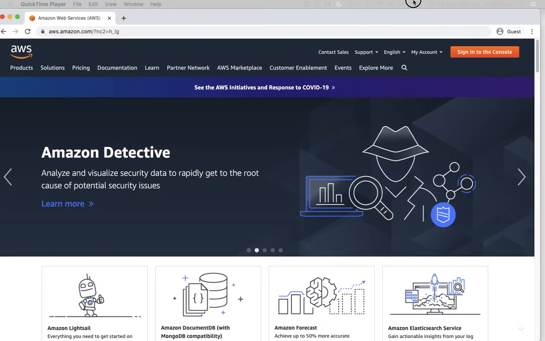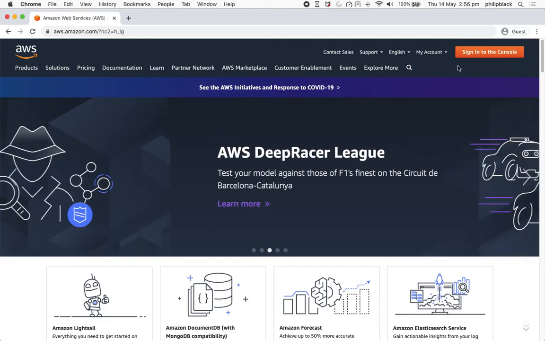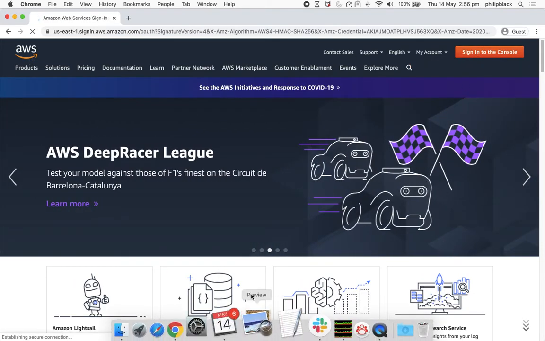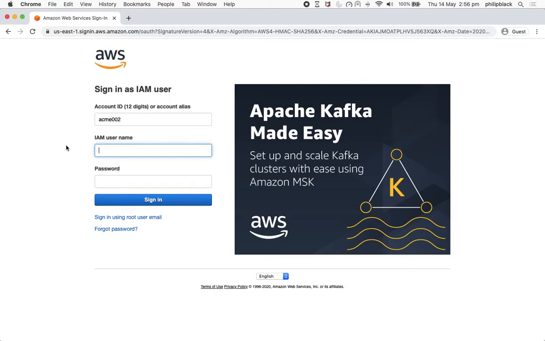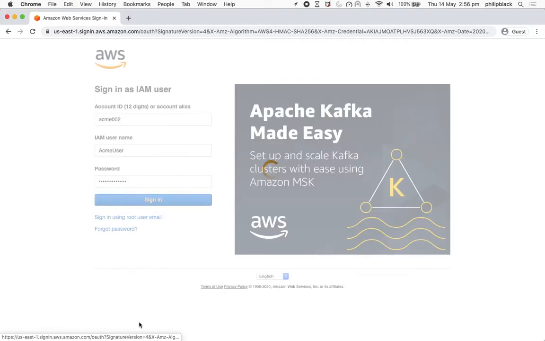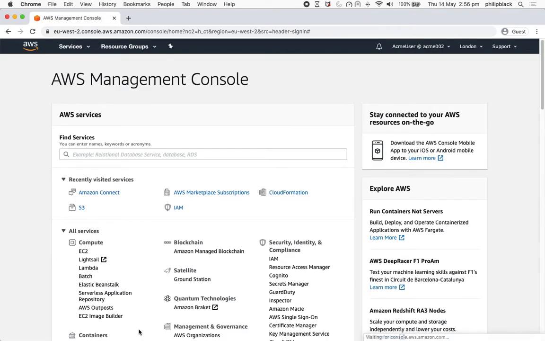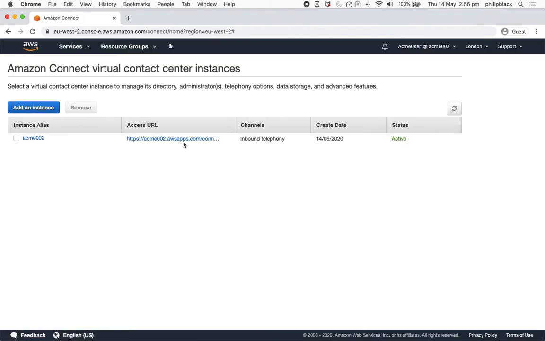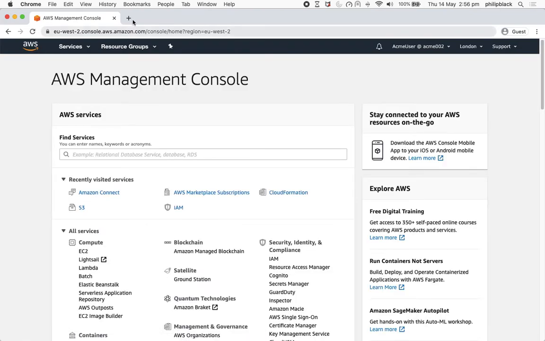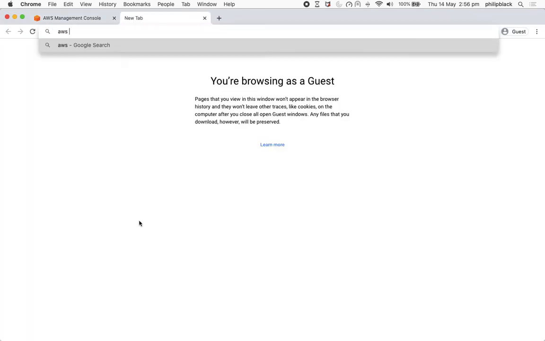Here's a window to let me log into AWS. So I have an AWS account set up in the name of Acme Financial Corporation, and I'm going to log in with the pre-prepared credentials into that instance. Here we go. So just to see, you can see here that I have the Amazon Connect instance up and running, ready to use. So let's go to the Amazon Marketplace